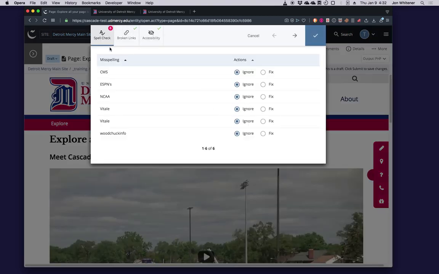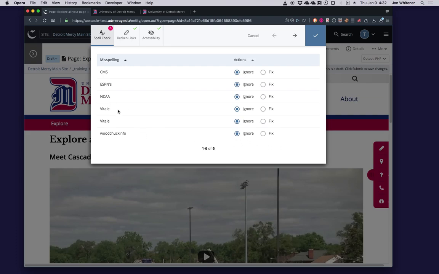Now you'll notice here, the spell checking has 6 items it wants you to review. Each one of these is actually a legitimate word, although it's not a common word, so we can ignore them all. It also even checks the woodchuck info anchor ID, which again we can ignore.